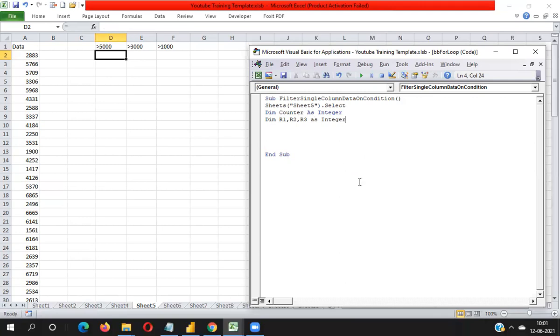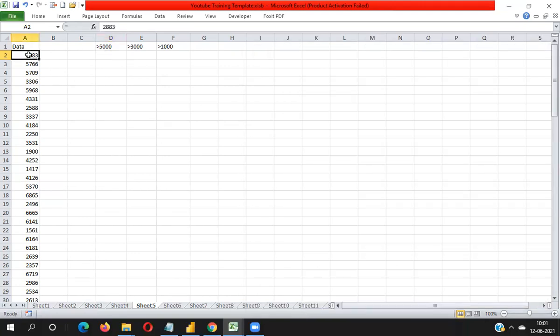Why have I taken only three variables? Because I have three conditions. Here I write a for loop: for counter equal to 2 to 100. Why 2 and why 100? Because my data starts from the second row and the last data is at row 100.